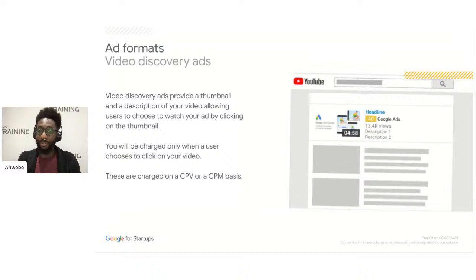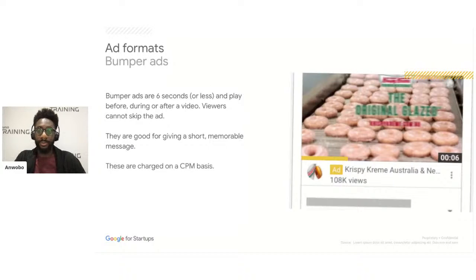Right, so you've got another format, and actually this format is going to be the shortest in terms of the length of the video. We've talked about how we can upload 4-minute videos. We've recommended 30 seconds for the skippable in-stream ads, and we've seen how you're limited with non-skippable to 15 seconds. But there's actually an ad type that is limited even more so, and this ad is limited to just 6 seconds in length. And this ad type is called a bumper ad.